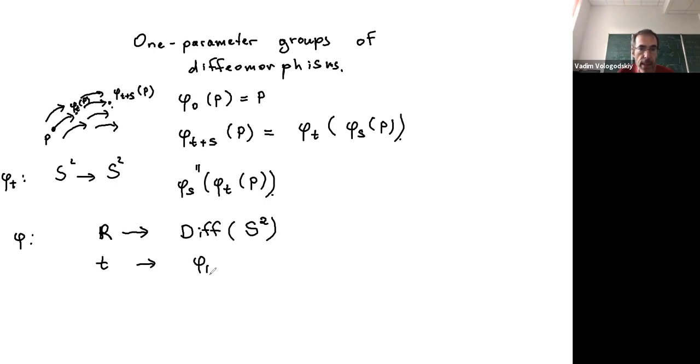phi sub t, and to say that this map is a group homomorphism, well, what is the group structure on R? It's just addition. And what is the group structure here? It's composition, right? Here the operation is commutative. Here it is highly non-commutative because composition of maps is non-commutative. Nevertheless, this property tells us that